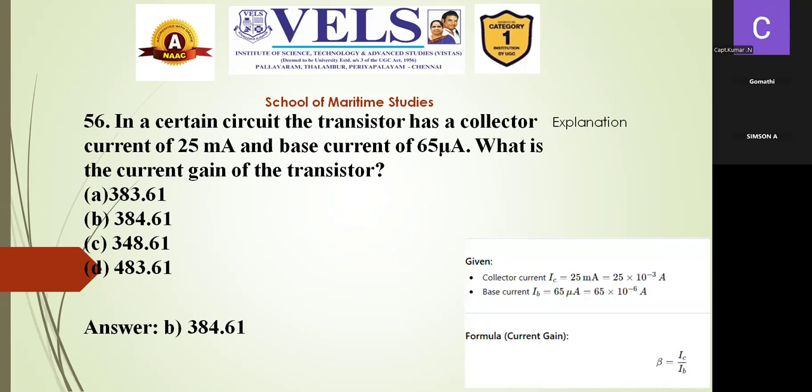The current gain we can define as IC by IB. IC means current in collector. IB means current in base. So we can substitute these values: 25 into 10 power minus 3 divided by 65 into 10 power minus 6. So the current gain beta, IC divided by IB, is equal to